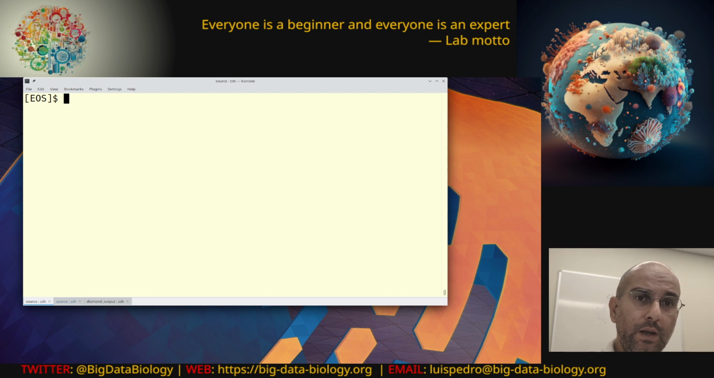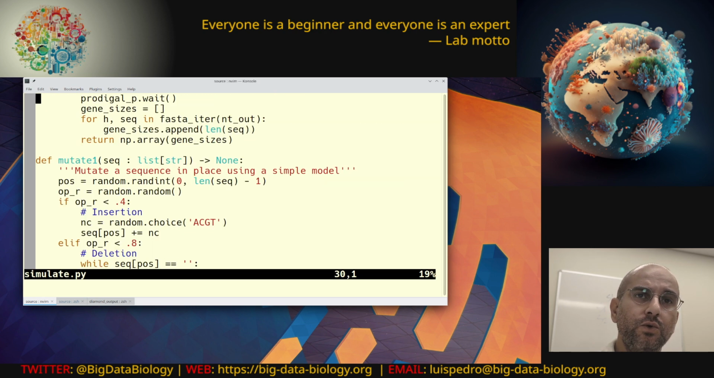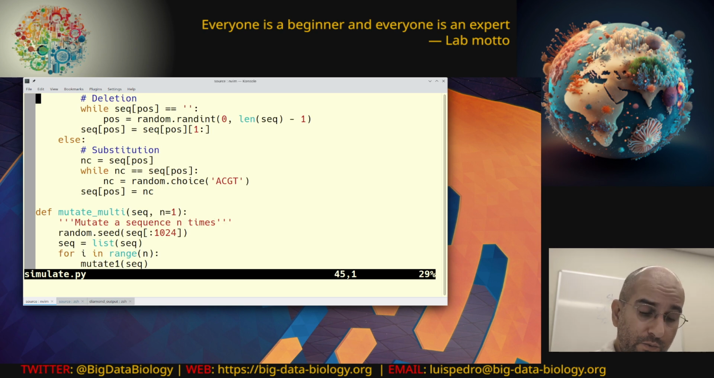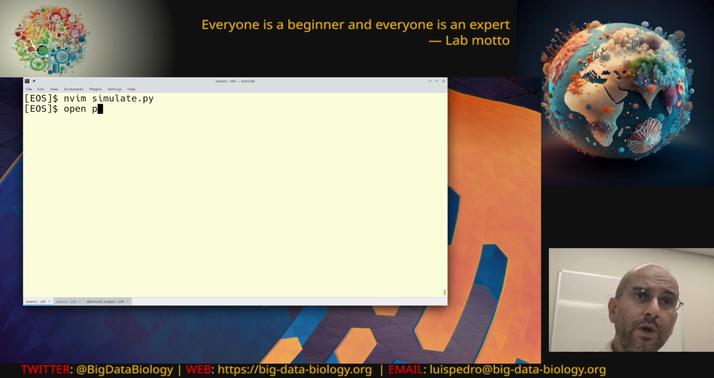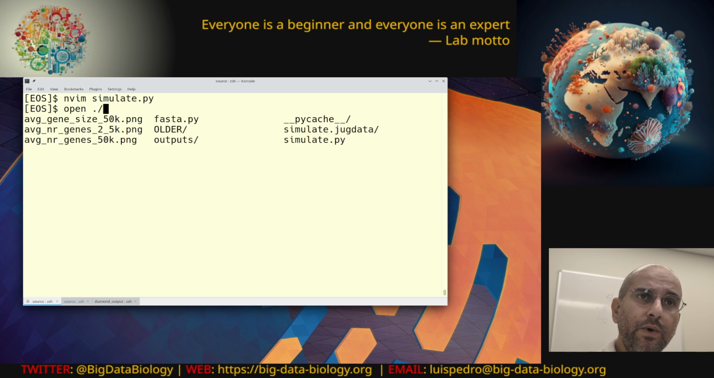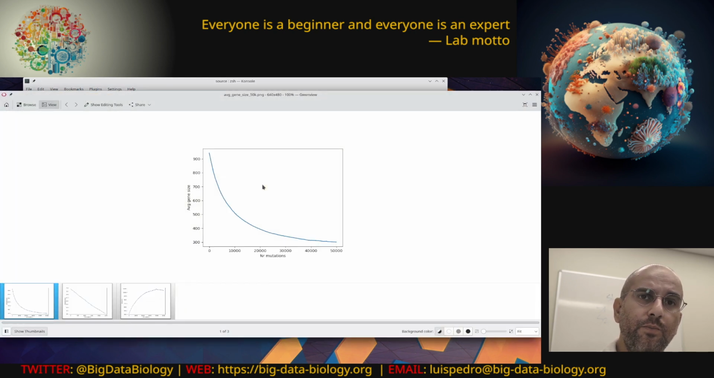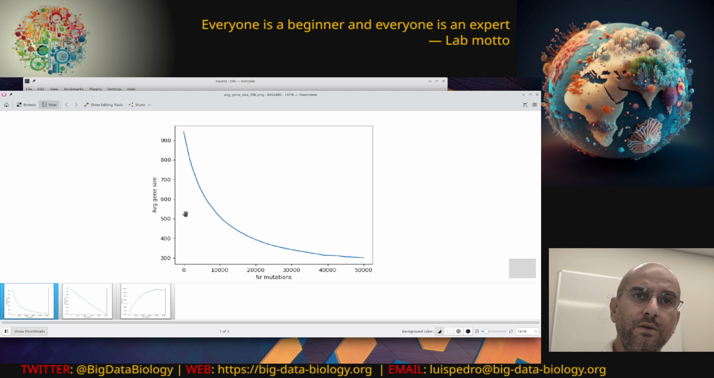Last week we had continued this project, and we had written code to generate mutated sequences, and then ran Prodigal. We had seen that, for example here, this is the average gene size as the number of mutations increases, going from 0 to 50,000 mutations. That was our simulation, and it would start decreasing, starting with